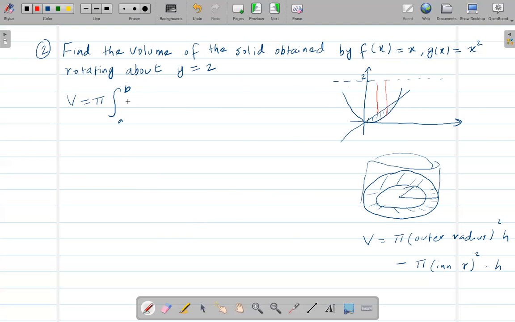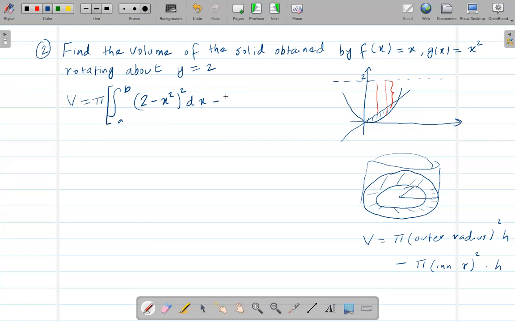Okay, so what I can say here is the inner radius or the outer radius will be, okay, this one is 2, so we are just finding this radius, so this radius will be 2 minus x squared, right? So the outer radius here will be 2 minus x squared, right? Because that is the outer radius, and take the square of that, right? Because we are taking the square, and dx